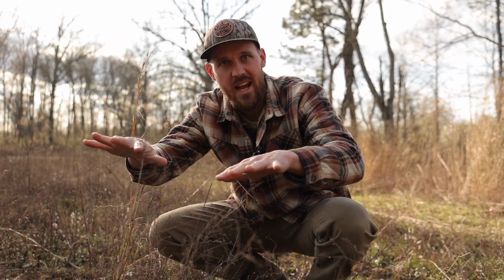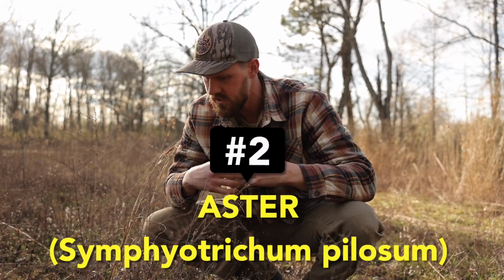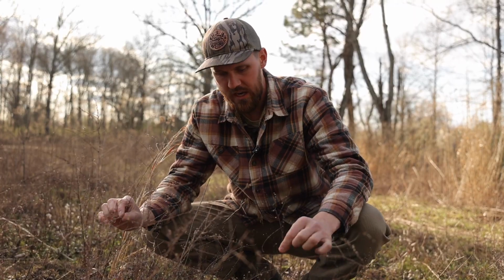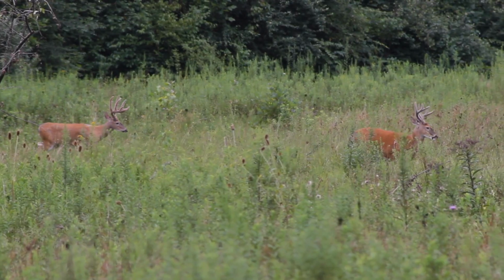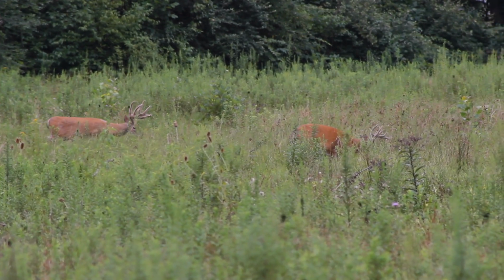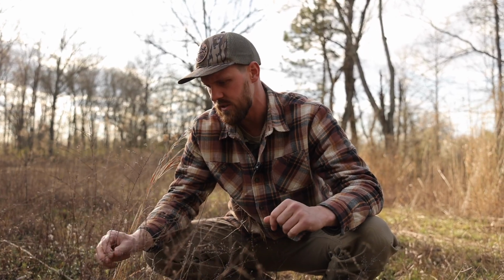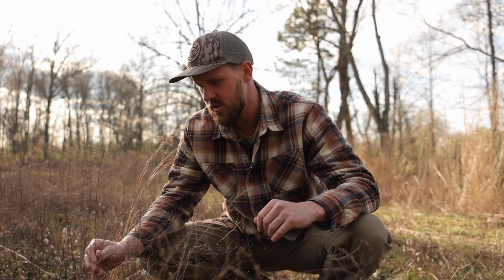All right, so these short, kind of fuzzy guys, these are asters, and there's tons of different species of aster. They bloom late summer, early fall. Not sure what it is about the asters, but whitetail deer, specifically bucks, late summer and into maybe October. These things, I guess, are really palatable because I've seen tons of deer, tons of bucks using them,